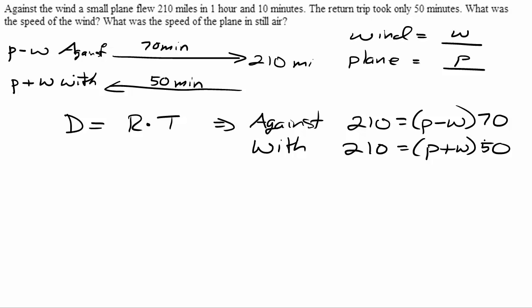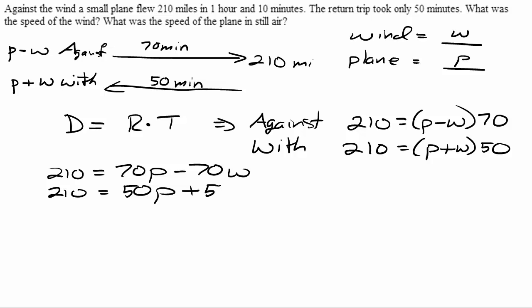That's what I always tell students, is that when you're dealing with word problems, there's always hidden equations in there. They give you some information and you have to relate some things. And that's what we figured out with this step, that there's this relationship between distance, rate, and time, and then we just filled in the information we had for our two scenarios. So now we have 210 equals 70p minus 70w, but we also have 210 equals